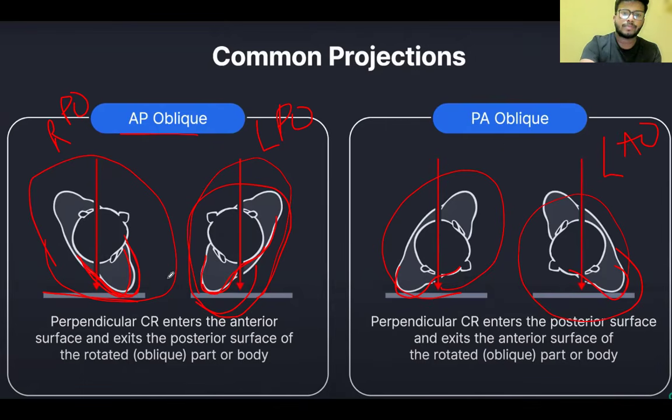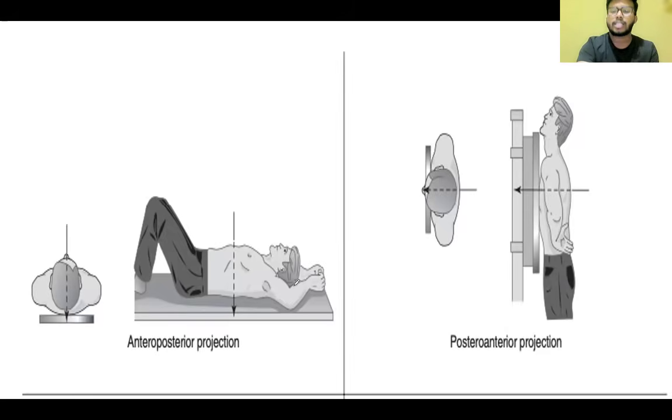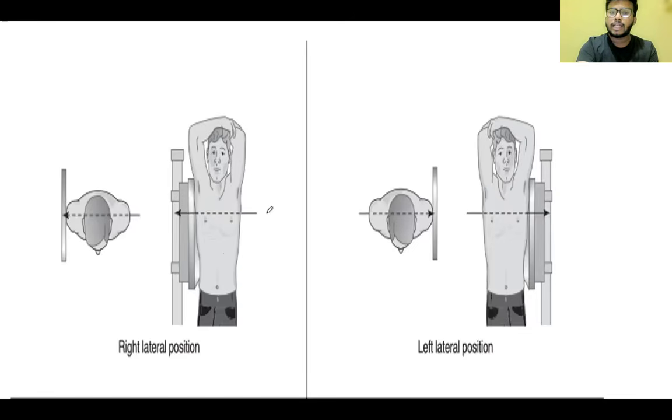Yes. So this is a true AP projection. The posterior side is in contact with the receptor. The X-ray beam enters the anterior surface and exits the posterior surface. In a PA projection, the X-ray beam enters the posterior surface and exits the anterior surface. Right lateral means the X-ray beam enters the lateral surface, exits the lateral surface, and the right side is in contact with the image receptor. Left lateral means the X-ray beam enters the lateral surface, exits the lateral surface, and the left side is in contact with